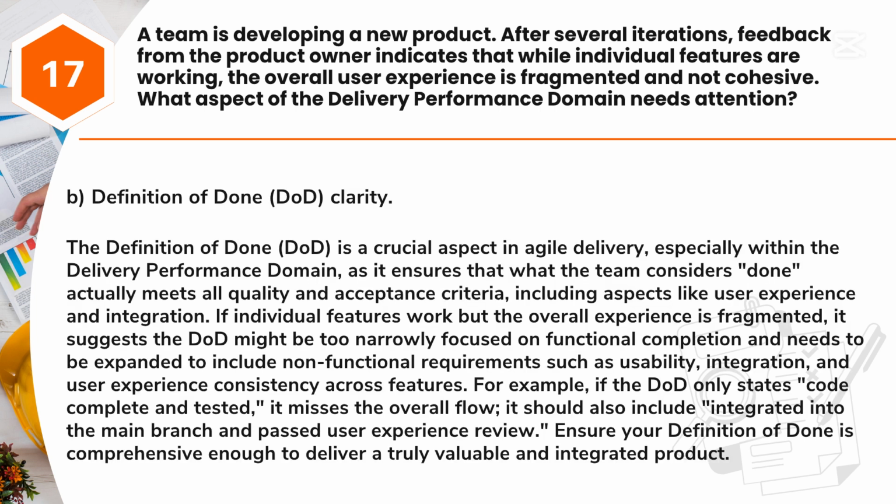Answer: B. Definition of done, DoD, clarity. The definition of done, DoD, is a crucial aspect in Agile delivery, especially within the delivery performance domain, as it ensures that what the team considers done actually meets all quality and acceptance criteria, including aspects like user experience and integration. If individual features work but the overall experience is fragmented, it suggests the DoD might be too narrowly focused